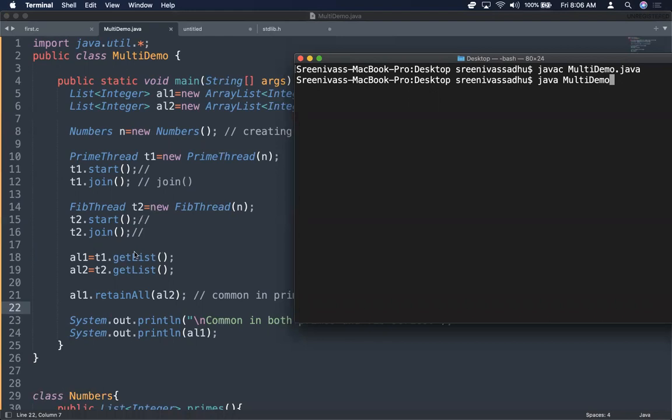But these threads will be waiting because join is called on prime thread. When prime thread is done, the fib thread will start, and because join is called, the main thread will wait for this T2 to complete its job. Then the main thread will call all these methods, and we will be finding the common numbers. Let's see what will be the output that we are going to see.